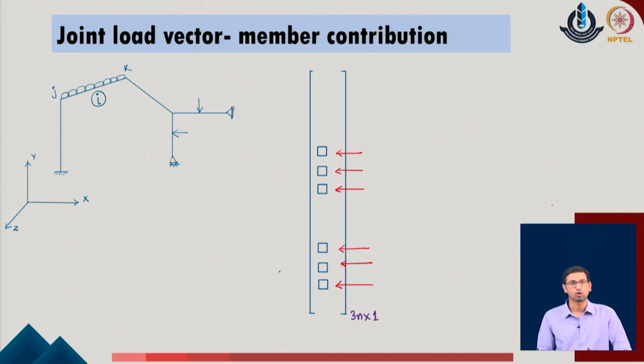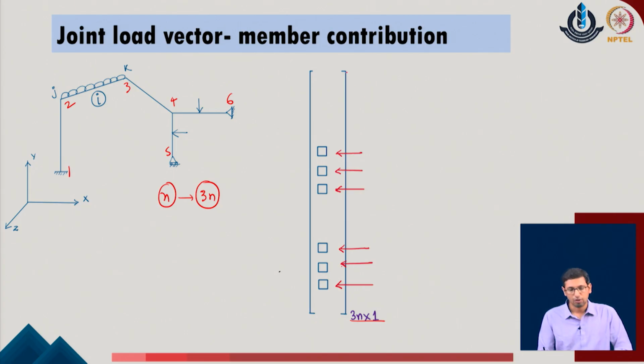In the same manner, we also do the assembly for the load vector. We realize that in the given system, as there are 6 joints, I will just label them again. So, corresponding to these 6 joints in the given problem, we have a total of 18 degrees of freedom in the system. Or in a system which is having n number of joints, we can simply say that we have a total of 3n degrees of freedom in the given system.